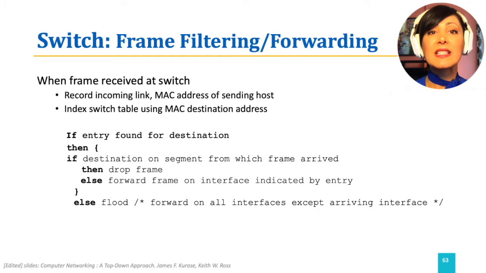Then, the MAC destination address is checked, and if the MAC address is on the segment from which the frame arrived, the frame will be dropped. Otherwise, it will be forwarded. Forwarding will either be directed on an interface indicated by an entry in the switch table, or if there is no entry available for that destination MAC address yet, forwarding will happen by flooding on all interfaces except the arriving